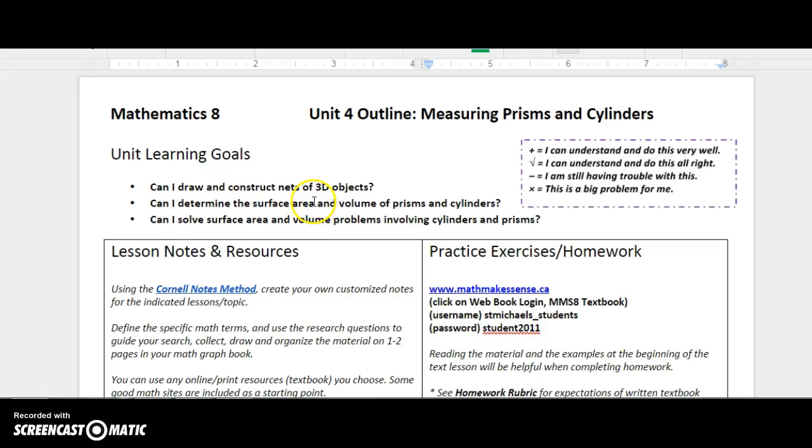I want to give you a little overview of how we're going to try to do the unit outlines this year. The unit outlines for Math 8 will always have Mathematics 8 on the top, as well as whichever unit we're working on. This unit corresponds to the unit out of Math Makes Sense. So our first unit this year is going to be Unit 4 Outline, and the topic we're dealing with is